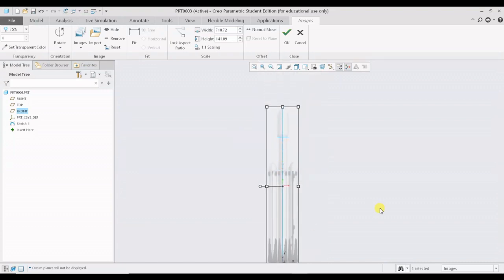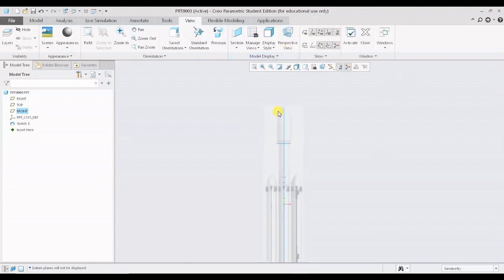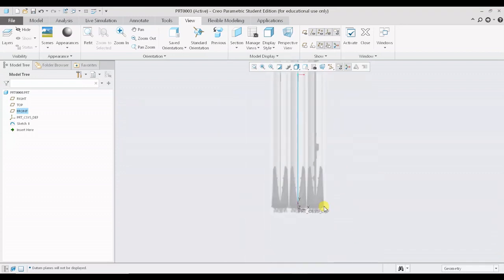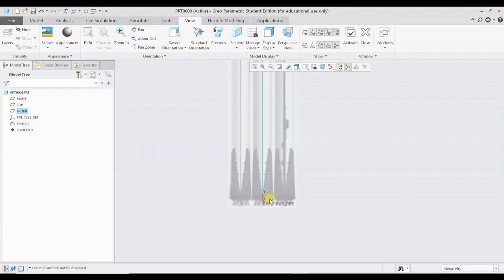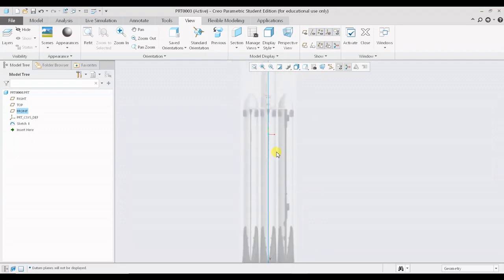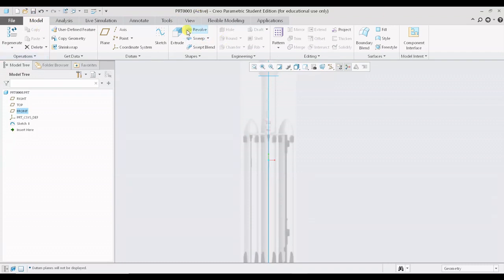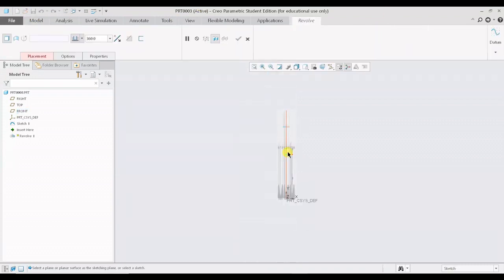That is the height and the width of the fairing. So let me just press OK. It will take a bit of time. You can just see that the overall sketch should be matching the reference line that we have created. Now you have to go back to the model and you can create the revolve option. So I have hidden the plane. Let me just get back